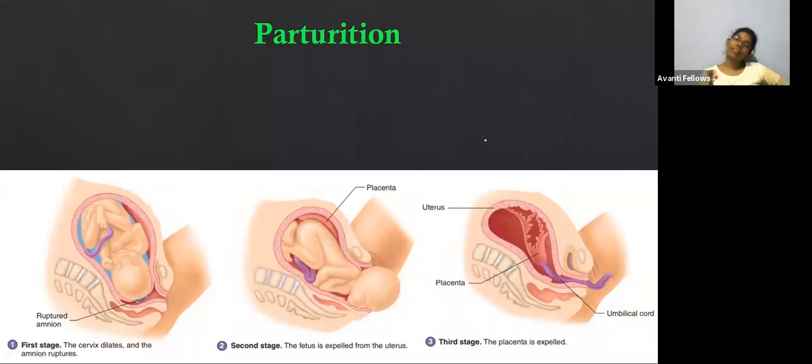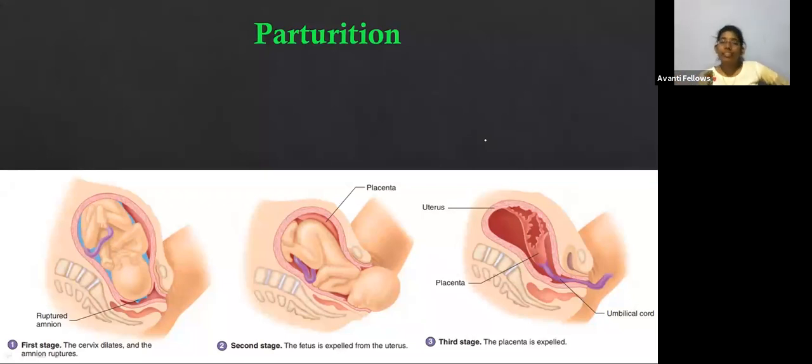Okay. Is it clear to you how the parturition takes place? The first liquid which comes out through the vagina during the parturition is called what? That is not the placenta. Yes, that is the amniotic fluid. Amnion is a layer which contains the amniotic fluid. The fluid which is coming out is the amniotic fluid. Okay, and then the baby comes out. Along with the baby, the umbilical cord and the placenta can also come out.